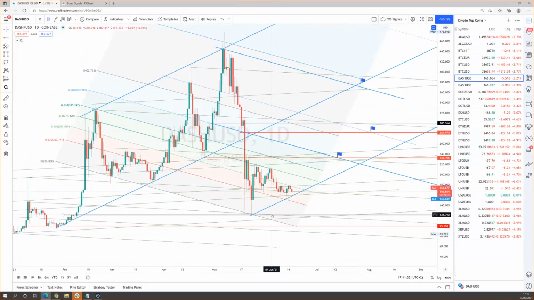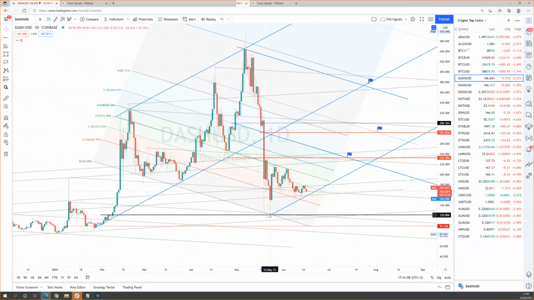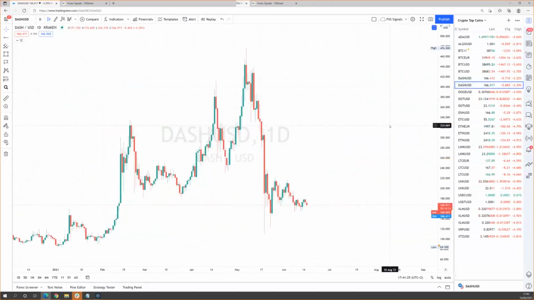But this line was already established once this low here, this V-shaped low, was in place. Anytime we have a V-shaped or inverse V-shaped reaction, we want to place a line there. Okay, so Dash, looking from an arithmetic perspective